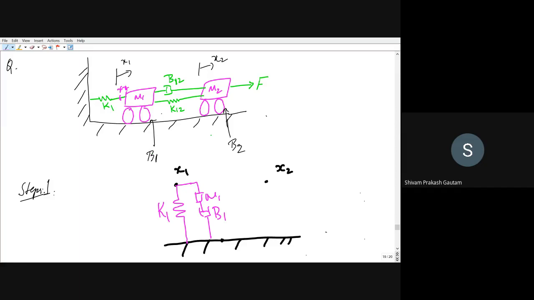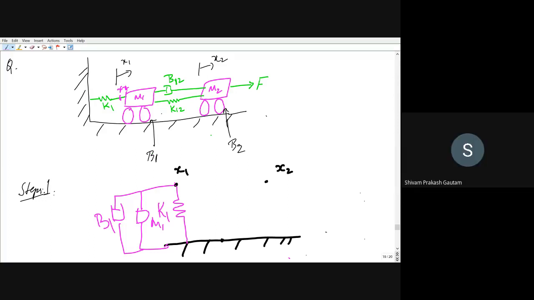You can connect it like this, but while writing the equation it can become difficult because there will be one extra node in the middle of this, right? So instead of drawing like this, we will connect M1 and B1 separately. Just see what I'm doing. I am connecting M1 and I'm connecting B1. I have connected M1 and I have connected B1. Is it okay? Yes.